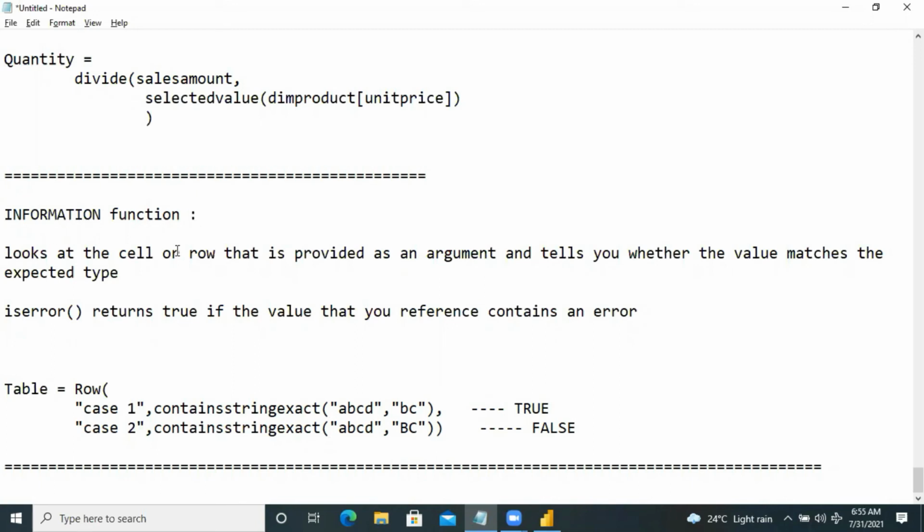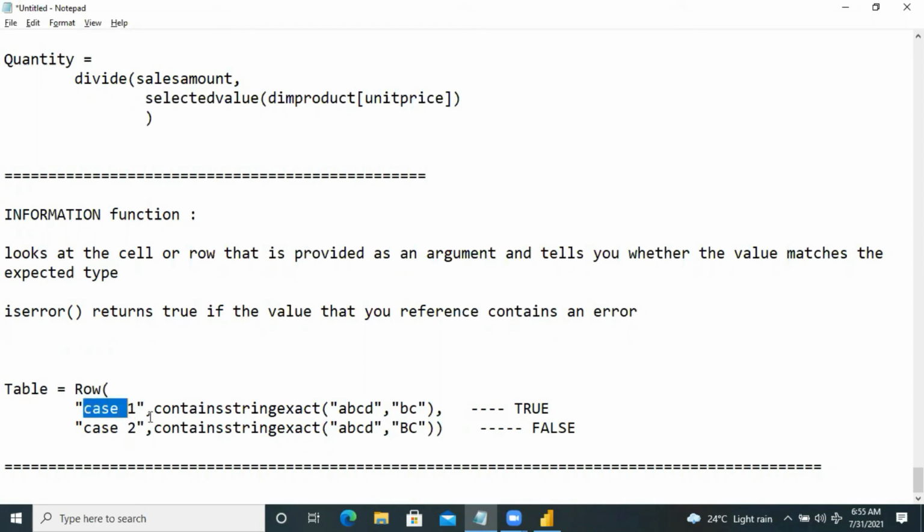So an information function looks at the cell or row that is provided as an argument and tells you whether the value matches the exact expected type or not. And the ISERROR function returns true if the value that you reference contains an error. Then the new measure name is the table, then the function is the ROW function. Then I'm writing the script here.